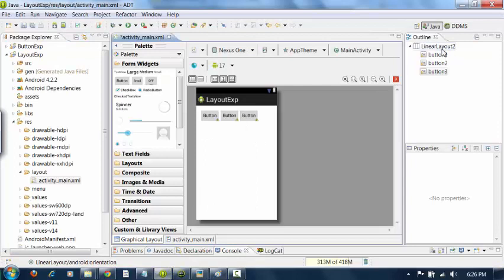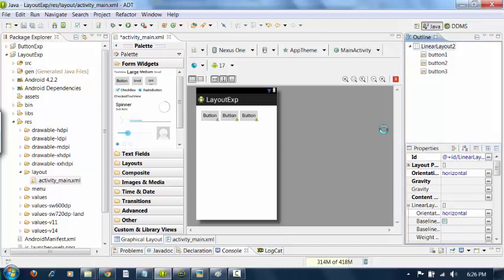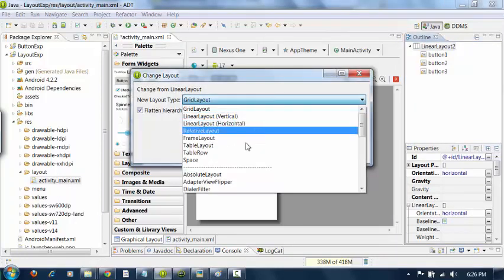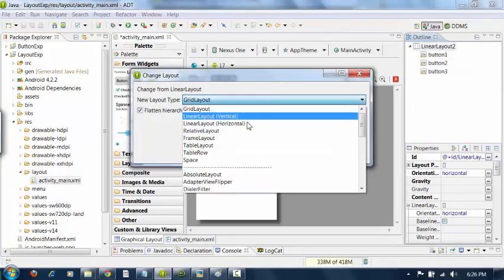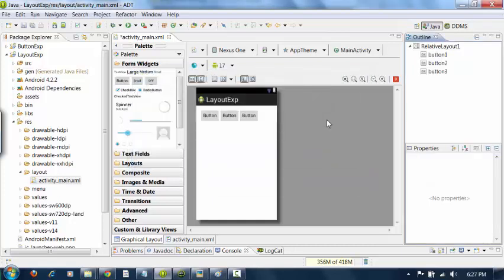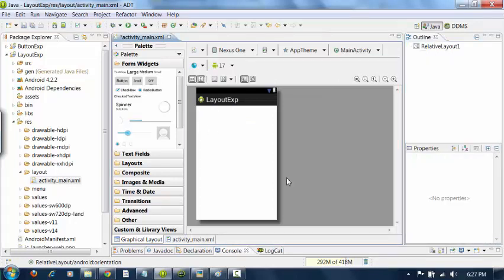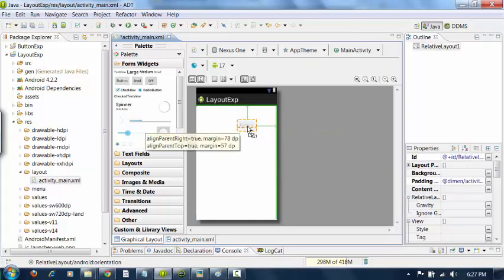I will change the layout to relative layout. Okay, I will delete all these components. Now try to drag and drop a component to relative layout.